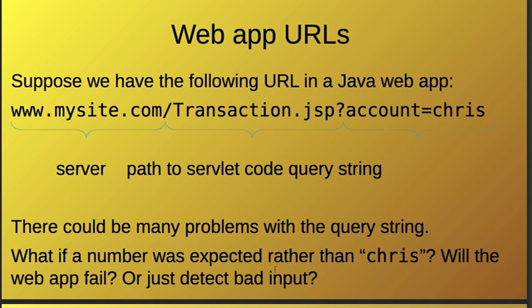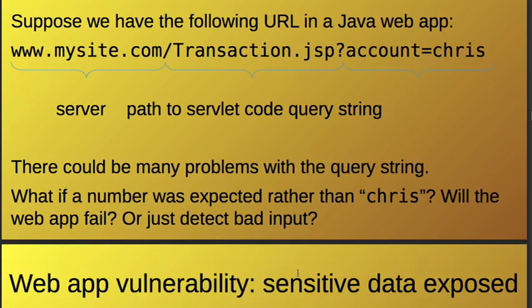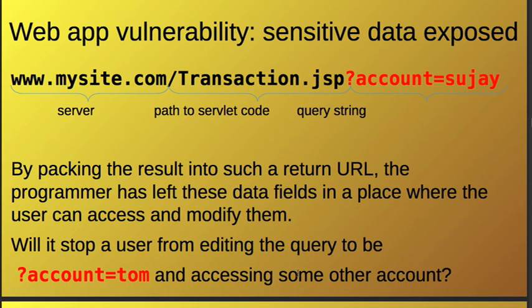If you're not checking for this, that's incomplete mediation, and your app may crash and reveal information about the app itself. Okay, so once again, you have a server name, then a path to some servlet code, and then maybe a query string. By packing the result into such a return URL, the programmer might possibly leave these fields in a place where the user can access them and modify them. And so if you see this in your address bar, the URL bar,